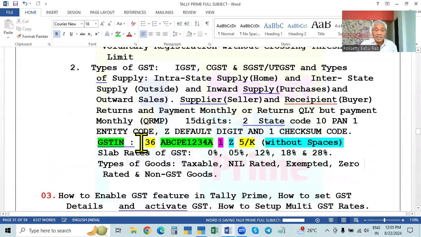The GST number contains 15 digits, each either a number or an alphabet. If you enter 16 digits, it will not accept. Only 15 digits. What does the 15 digits contain? The first